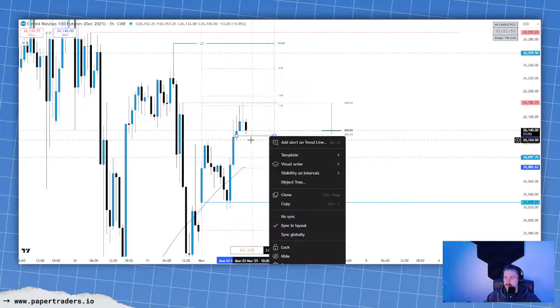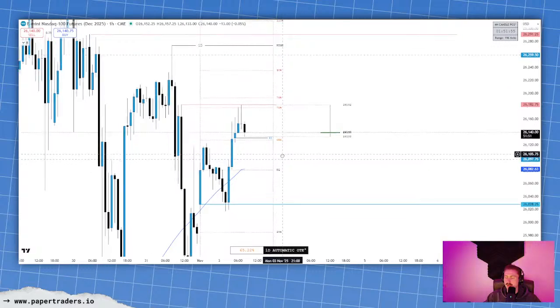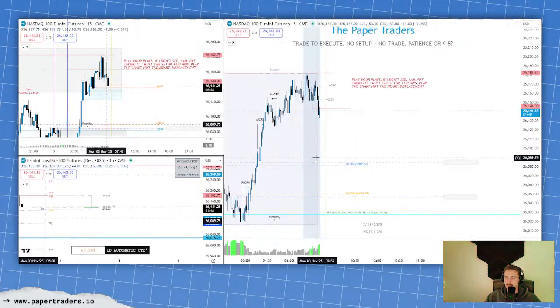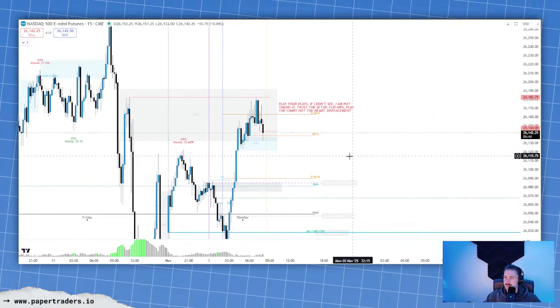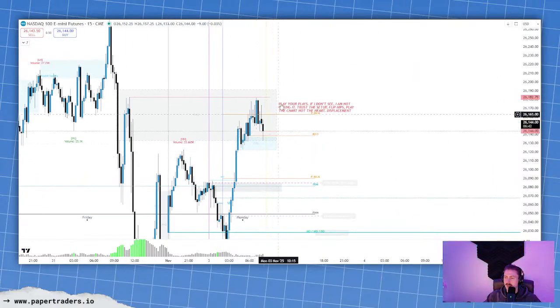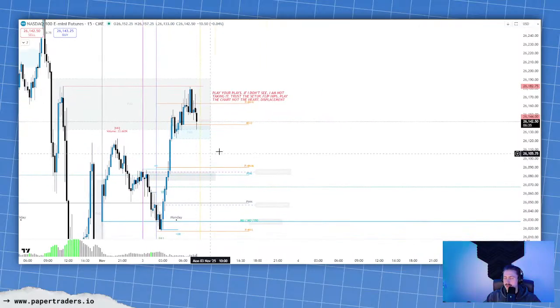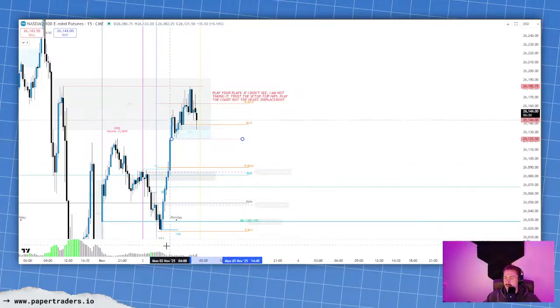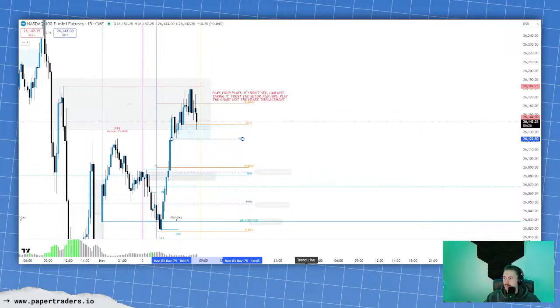And we have this volume imbalance on the hourly as well at 26,131.25. They love to sweep those as well. So just something to watch out for there. Drop down to the 15-minute. We still have this fair value gap right there that we're currently bouncing out of a little bit. Volume imbalance on the 15 right there and the 15 right here. So something to notate as well, right? We can always put this right there and put volume imbalance. They love to come back for those volume imbalances. 26,122.50